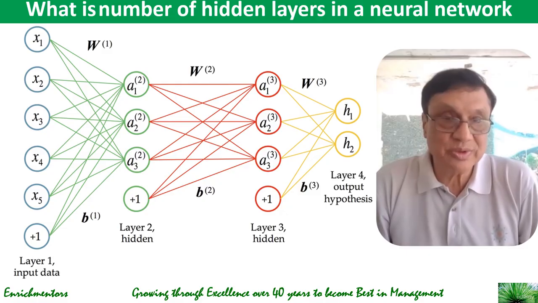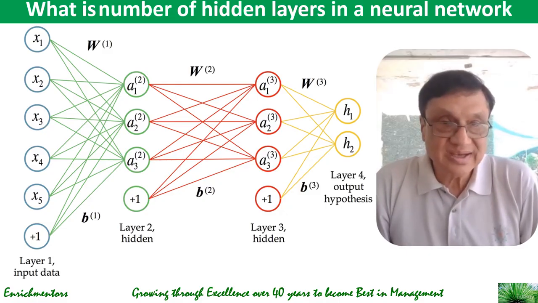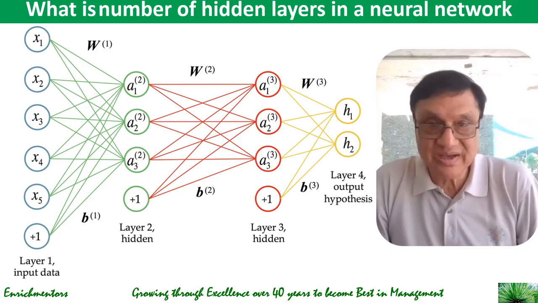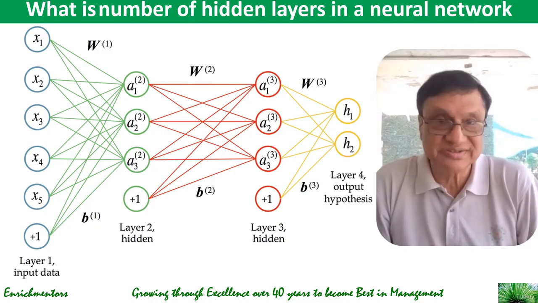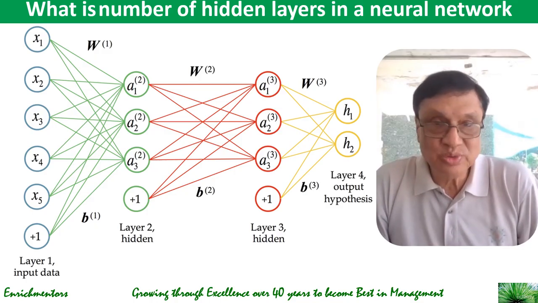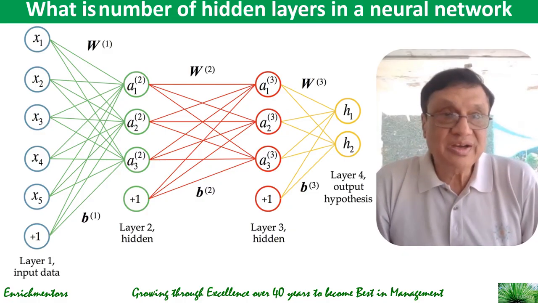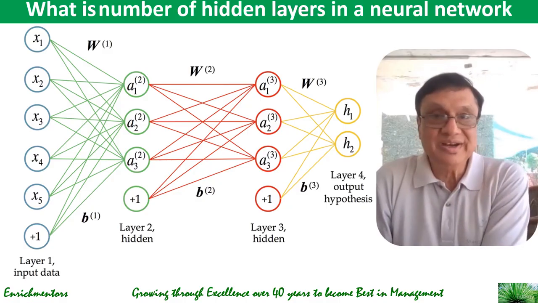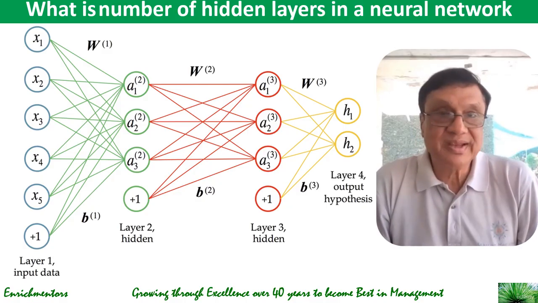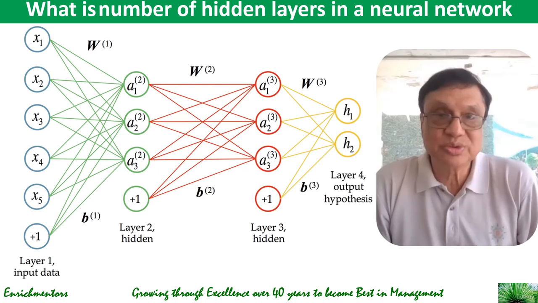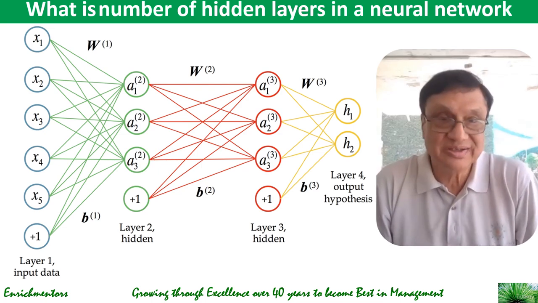As you see x1, x2, xn, there is layer 1, the input data, and then there is layer 4, the output hypothesis. In between there are layer 2 and layer 3 that are hidden, so in this we are showing you two layers. It refers to the number of layers between the input and output layer, where the data is processed through a series of transformations. The X data is